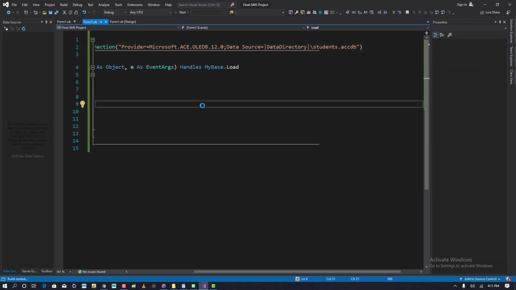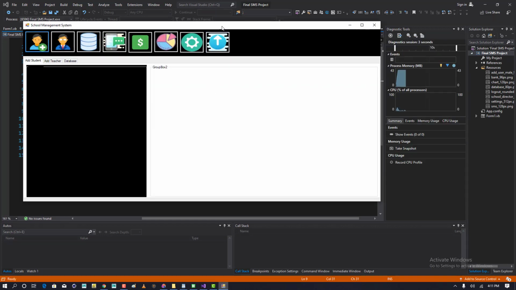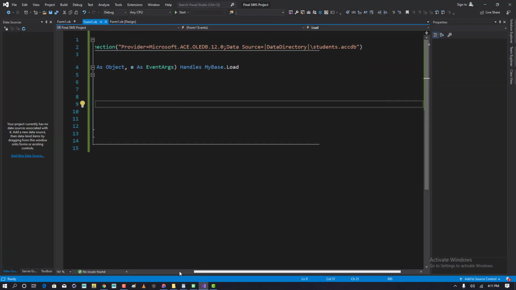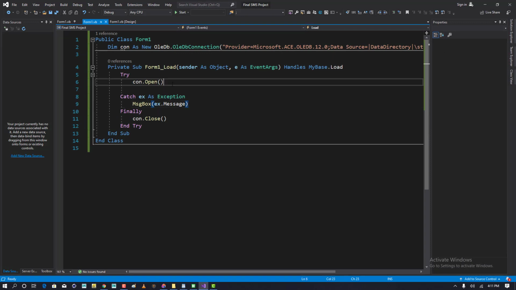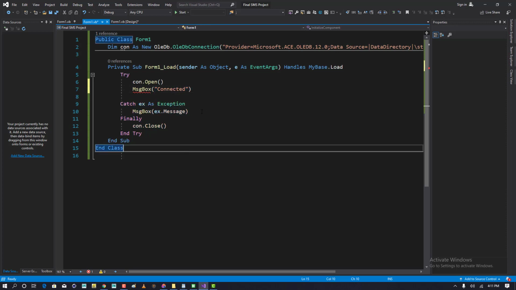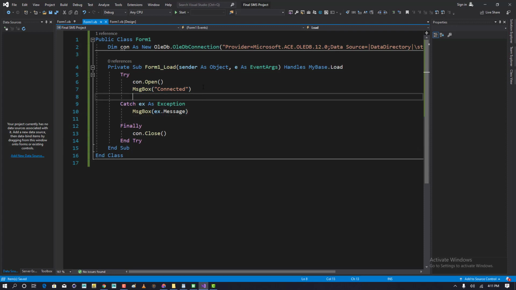As for you, you won't make any mistake, so let me just paste this, then I believe I'm done. So when I start the system, you will see that everything will come out very nice. Now yes, I didn't get any error message, so I believe I'm done. Okay, so it didn't pop up any message, so let me give out a MsgBox which will tell me if the connection is secured. So it will say connected. If I didn't get any error, it's going to tell me connected. Then if it didn't tell me connected, then